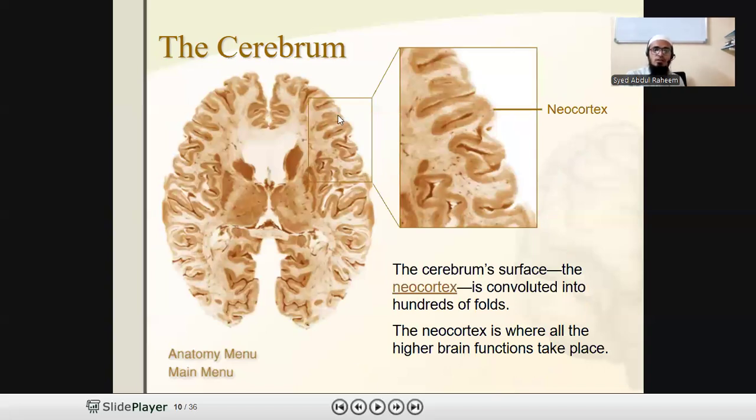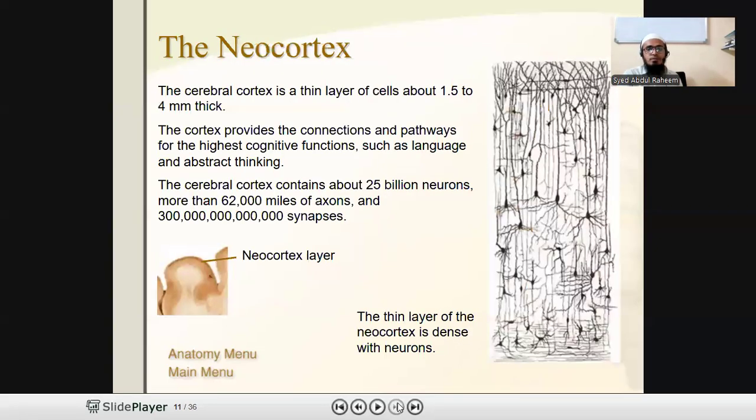And this is the cortex area, the cerebrum surface. The surface area is called cortex, neocortex, because it has higher function. This is the 4 mm thickness neocortex, because you can see the neurons, cell bodies, dendrites, axons, everything is there. The cerebral cortex contains 25 billion neurons. So in that 4 mm thickness of the whole brain, you have 25 billion neurons. This is very